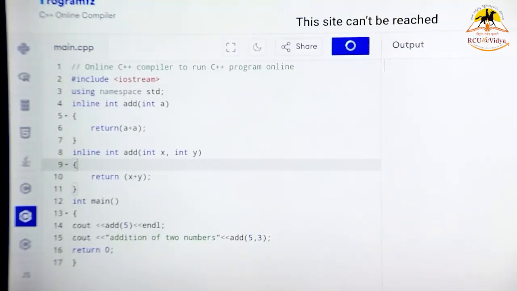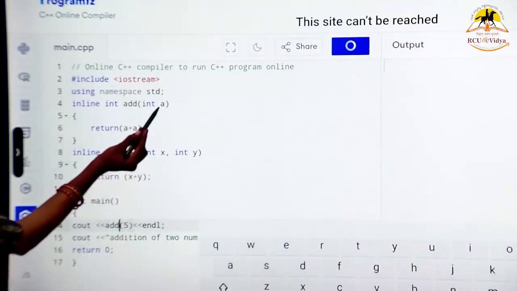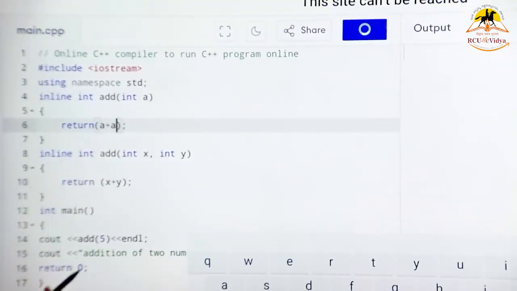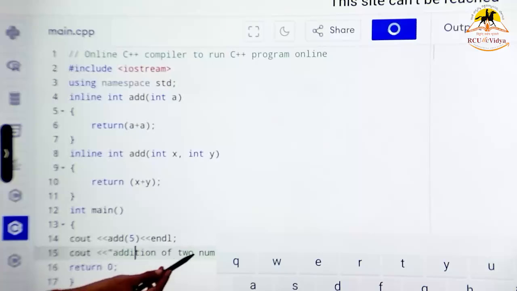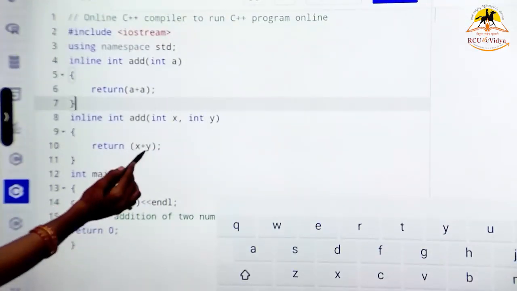So the expected output over here is: you take a plus a, that is the 5 is passed here into a, that value is stored in a, and a plus a is 5 plus 5, which is 10. Then the addition of these two numbers: your 5 is stored in x and the 3 is stored in y. So x plus y is